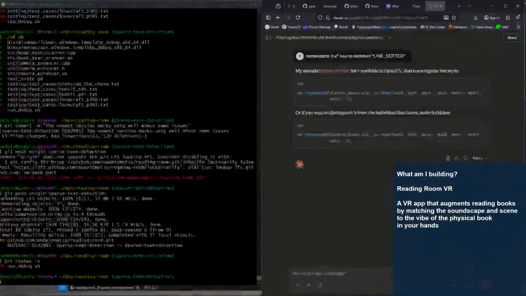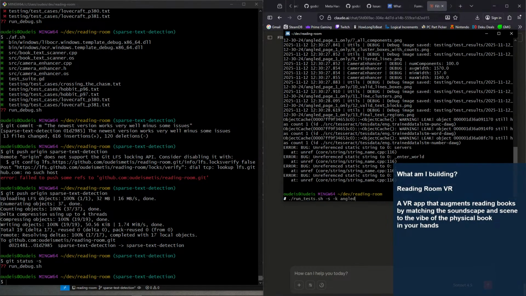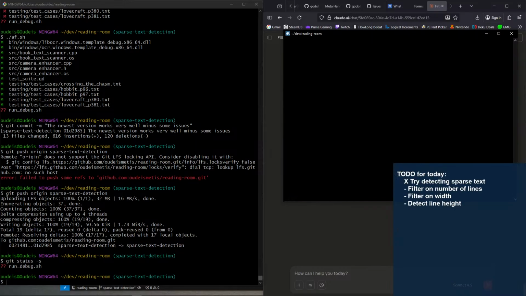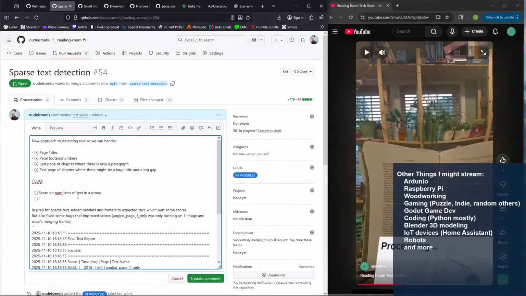While we do that, let me bring this up. Just in case something goes sideways, let me rebuild what we've got. Shouldn't have to rebuild because I don't think anything changed, but let's rebuild and rerun, and let's just visually confirm that everything looks good. But I think what we need to do is score on the number of lines of text in a group,